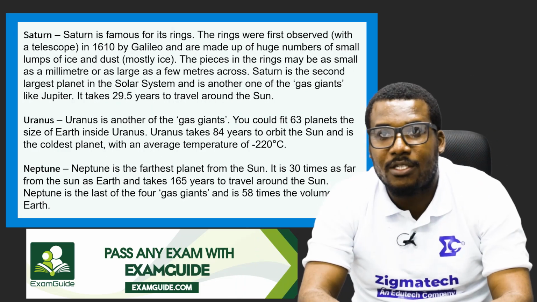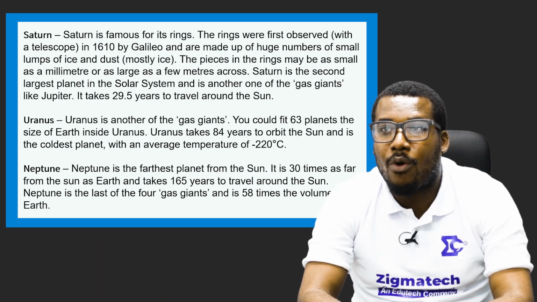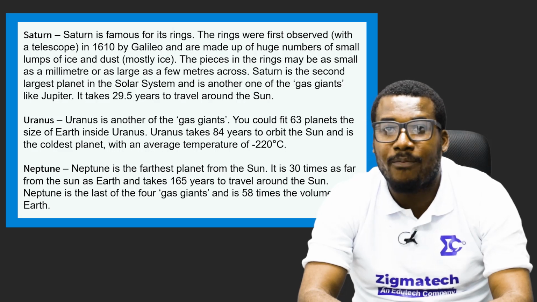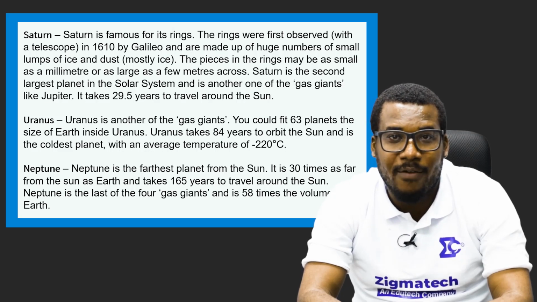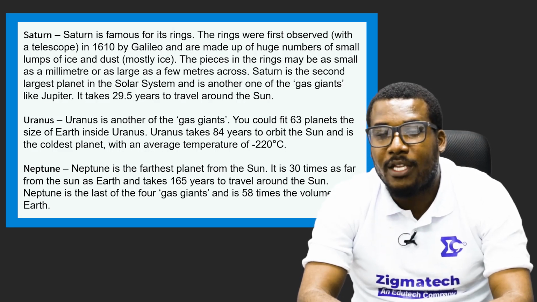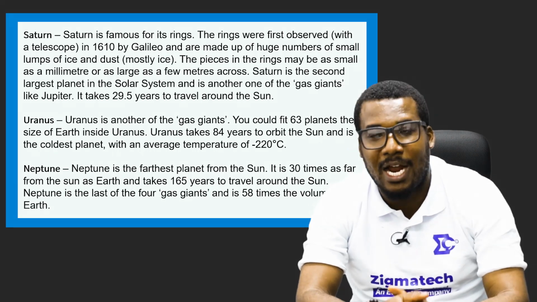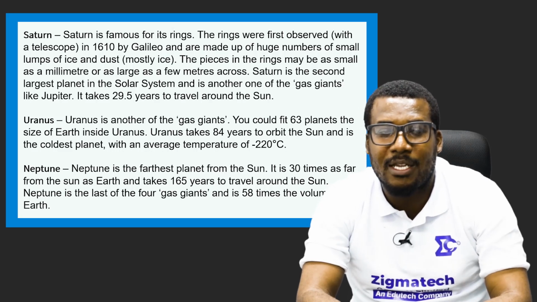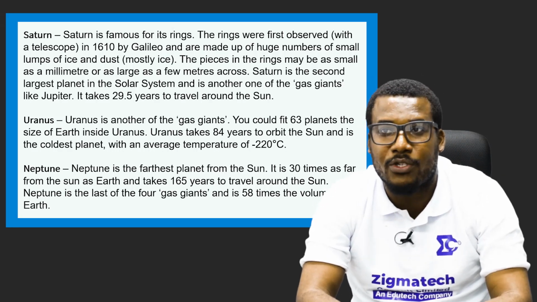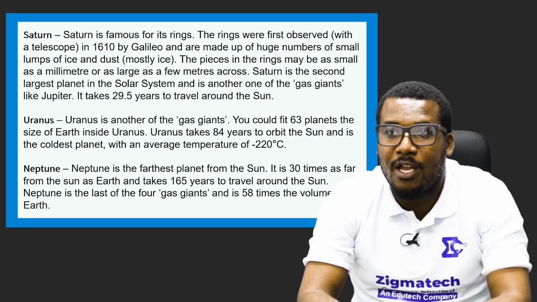We have the next one, Saturn. Saturn is famous for its rings, the rings of Saturn. The rings were first observed with a telescope in 1610 by the great scientist himself, Galileo. Galileo found it. In fact, some of the rocks in Saturn, fun fact, are named after Galileo. He has about 300, if I'm not mistaken, about 325 rocks named after him around the solar system,